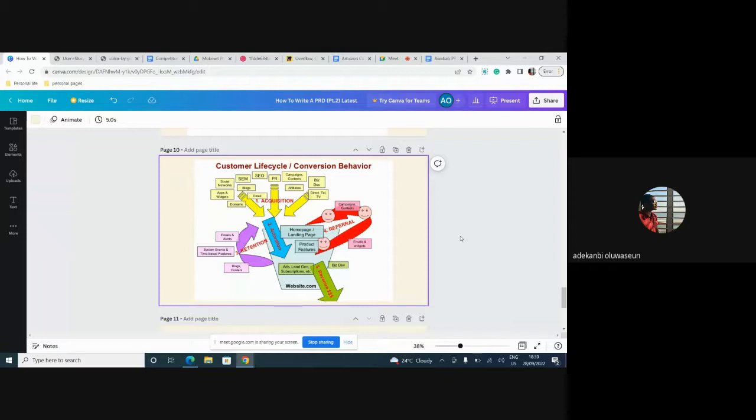But retention, practically, in plain words, means people who performed the first action successfully and came back again to perform that action. That's retention. You are retaining them. They're coming back. Revenue is talking about payments. Oh, we made 1 million naira first quarter. We made 2 million naira second quarter. So that's revenue. So is that clear?